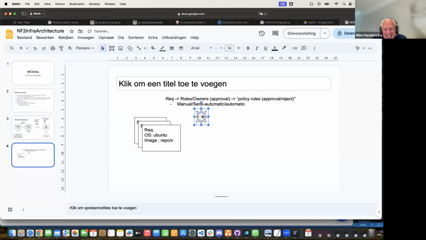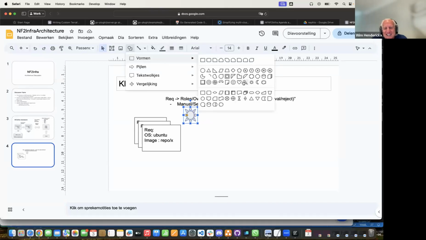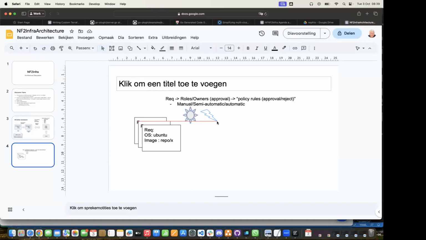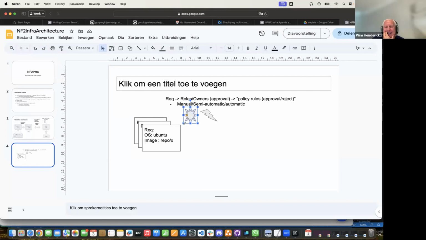So if the sun shines or the sun doesn't shine, or it's a storm, the important thing is whether they are approving or not approving. And how they do it, I make at the moment a bit of an abstraction about it. So there is one step, approve or not approve,